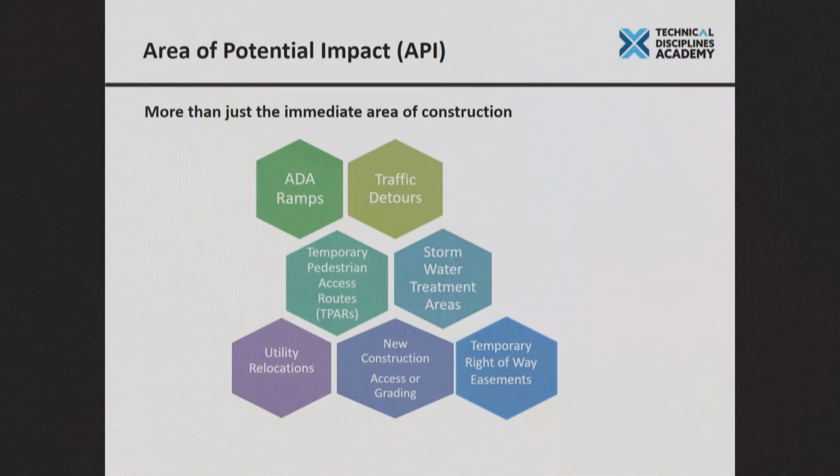When we talk about establishing the footprint of the project, we're really talking about the area of potential impact. And there are a number of things to be thinking about when you're trying to set your API. You've heard a lot about ADA today, and it's not just physically where the ramp is. You also have to consider that somebody has to build that ramp. We need a little extra room around that. Do we have enough right-of-way? We want to make sure we've considered that.